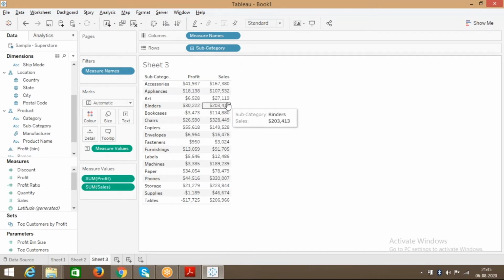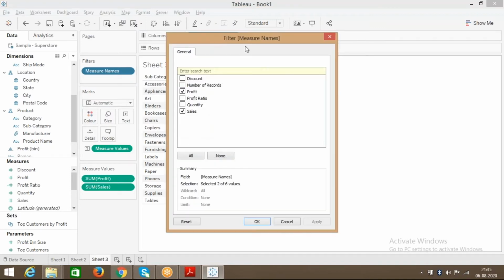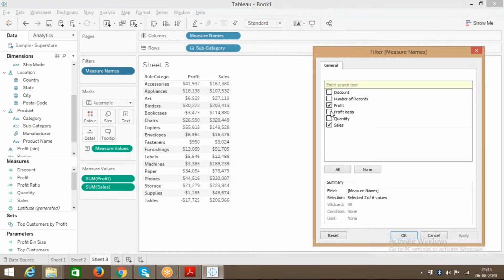Measure names will have the names of the measures. For example, if I edit it, observe, I have sales, quantity, profit ratio, profit, number of records, discount. All these are your measures, the names of the measures. It's not the values, it's just the names.